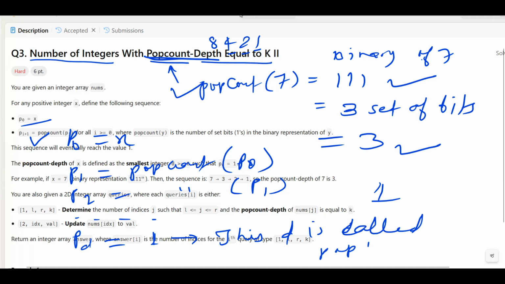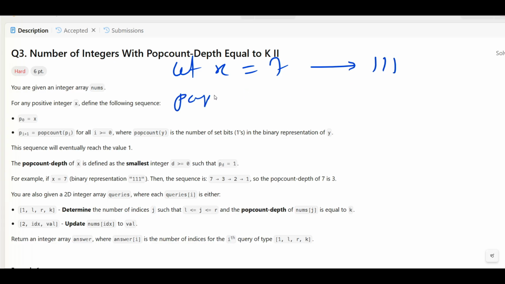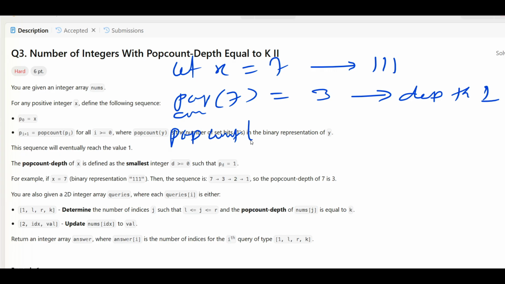So let's understand again. Let's suppose you have given x equal to 7. Can we say that? And you know the binary of 7 is nothing but 111, right? If you say pop count of 7, can we say that? Write the pop count. Pop count of 7 is nothing but 3, and depth we have to go to 1, correct? So when we say pop count